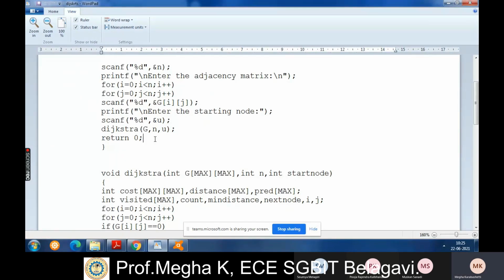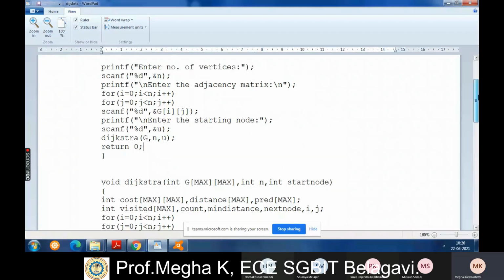Yes, there are three things you need to consider while doing the calculations. What is the starting node? What is the current node? That is the visited node. Visited node is nothing but the current node. Okay, so current node, previous node, and next node. So by going through the graph, you can do such things. And once you enter the starting node, you need to go through the function dijkstra. So this was the main function.